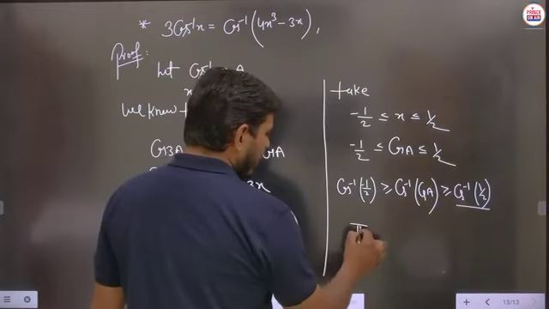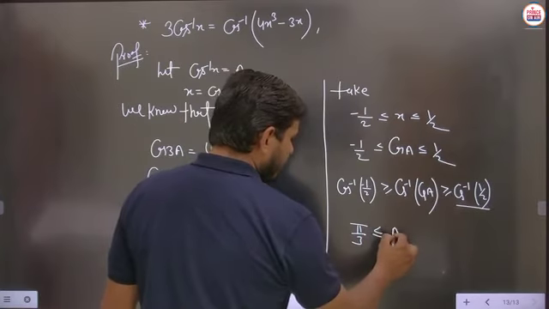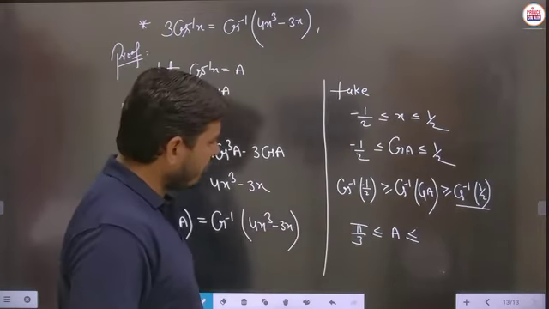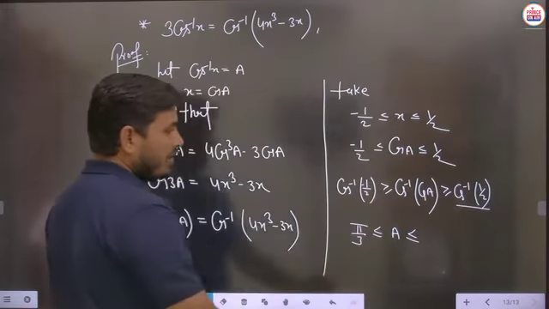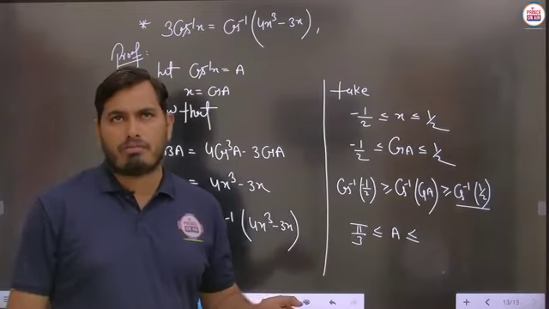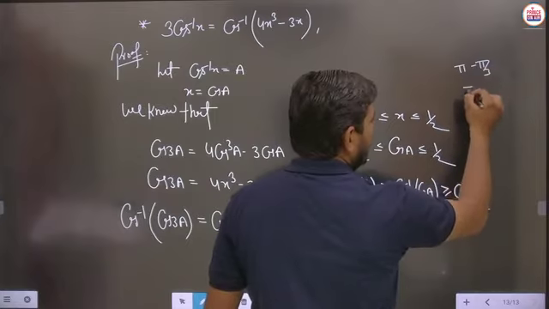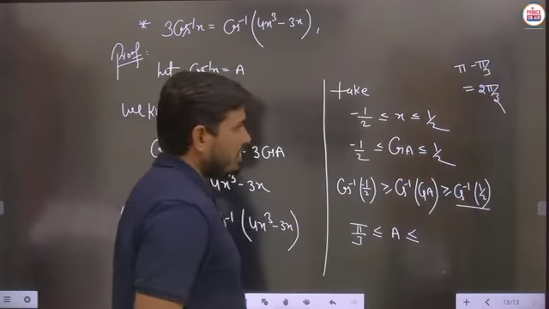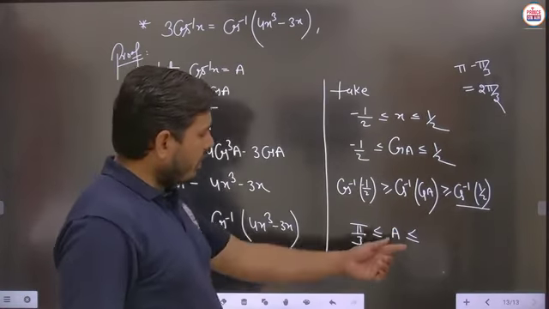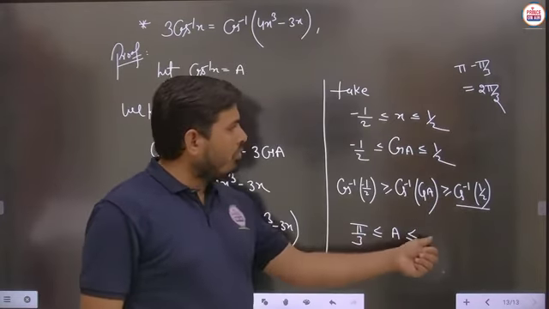This particular angle a will be taken from pi by 3 to pi minus pi by 3, because cos inverse of minus half. Again, you should learn the property: cos inverse of minus x will be pi minus cos inverse of x. So pi minus pi by 3 will become 2 pi by 3. So here you will write 2 pi by 3. When we multiply by 3, the interval you will obtain is pi to 2 pi.